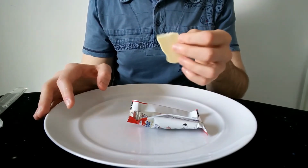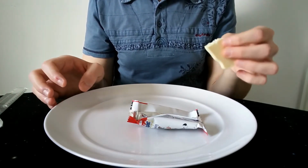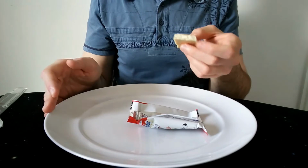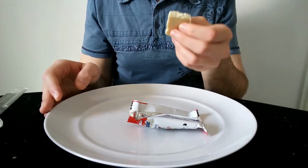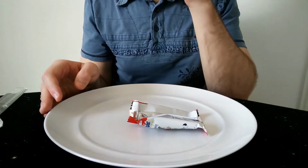But I don't know. I mean, all chocolate is potentially aimed at kids, isn't it? Aimed at everyone. I think so. Other than obviously gourmet fancy chocolates, which are clearly aimed at adults, but everything else. So yeah,